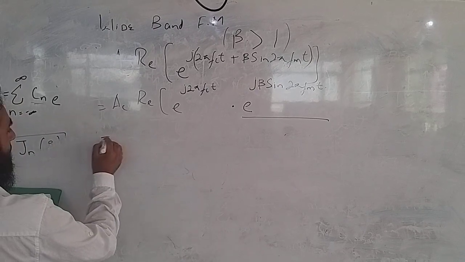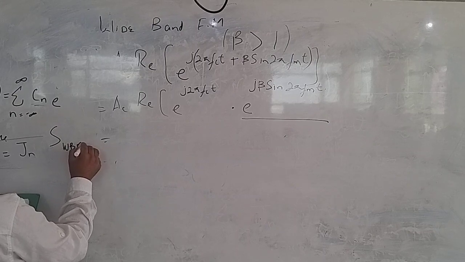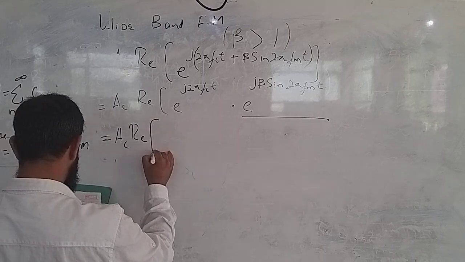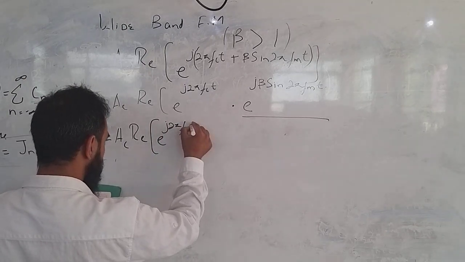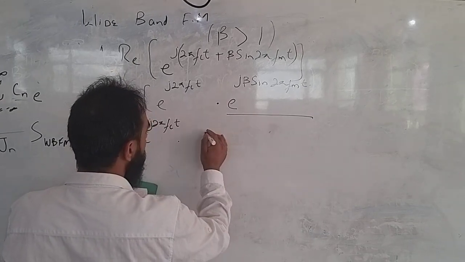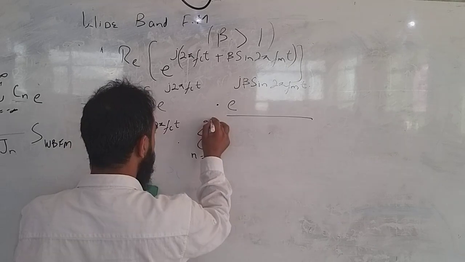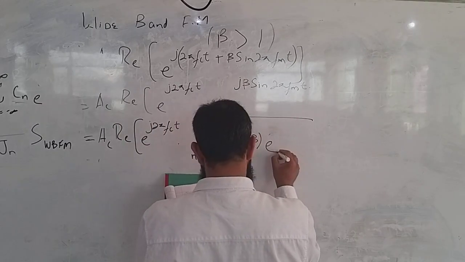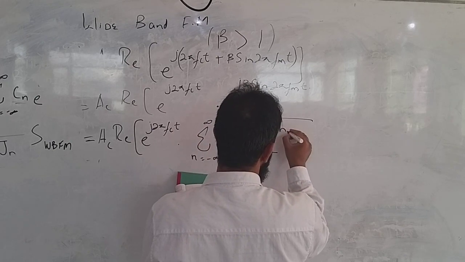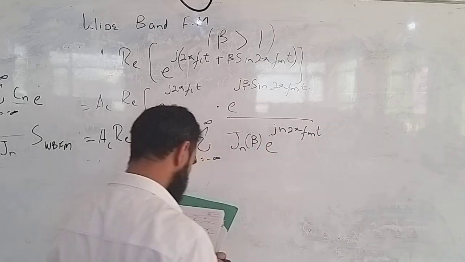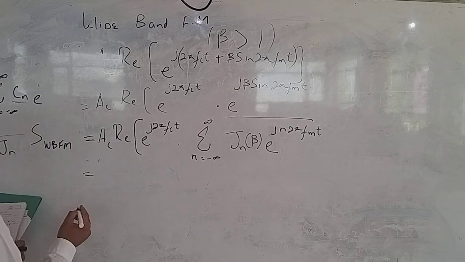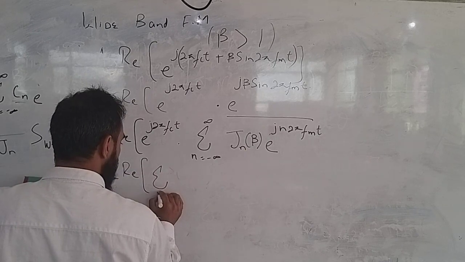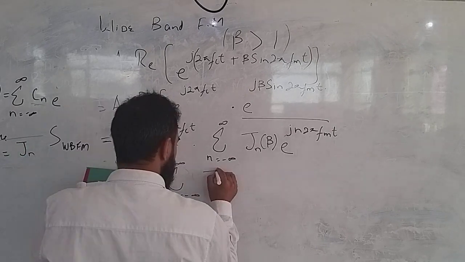So now the expression for wide band FM is equal to Ac real of e raised to j 2 pi Fc t dot, इस एक्सपोनेंशियल के बदले अब आ गया summation of n going from minus infinity to infinity Jn of beta e raised to j n 2 pi Fm t, which will result in Ac real of summation of n going from minus infinity to infinity Jn of beta